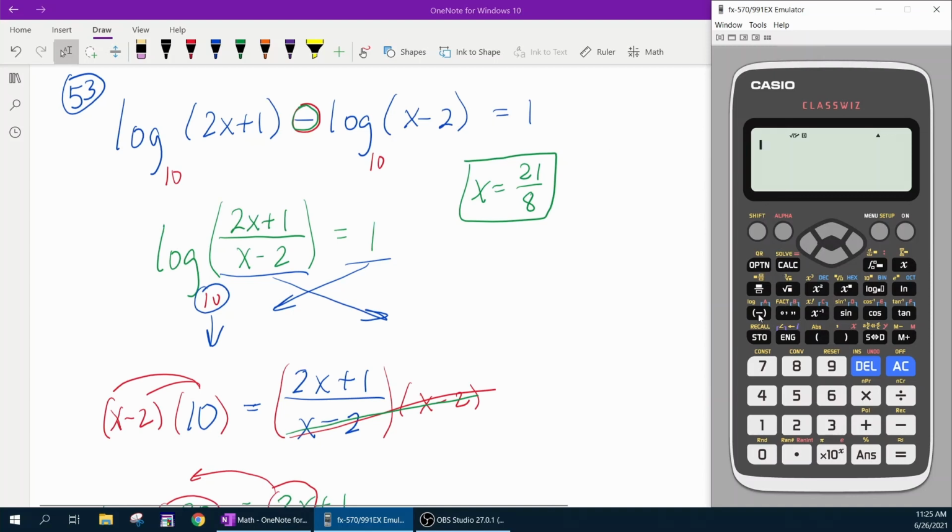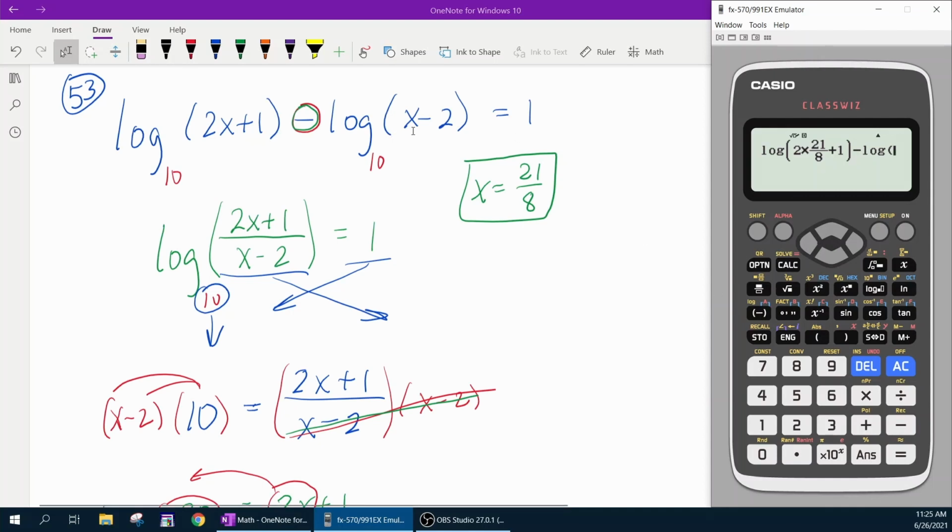Okay, here we go. We're going to use the log by itself, shift and negative. Remember, that gets the log base 10 without having to use the log base button. Log of 2 times 21/8 plus 1. Now notice that is this term with x replaced with 21/8, and then I'm going to say minus